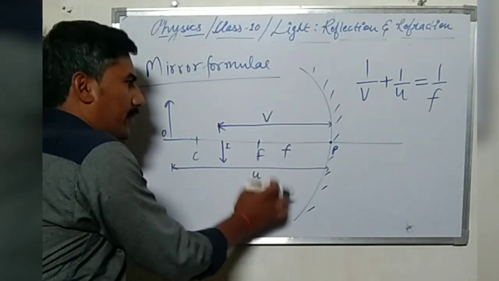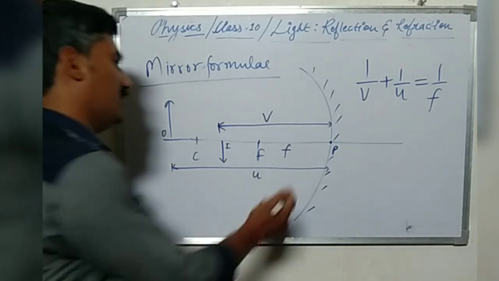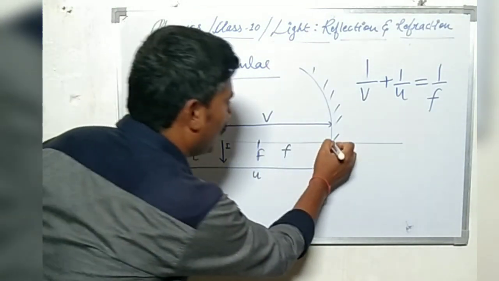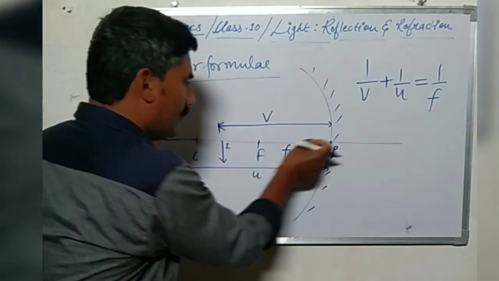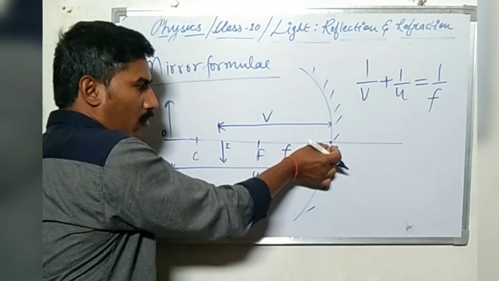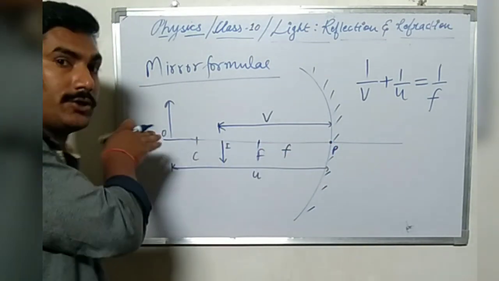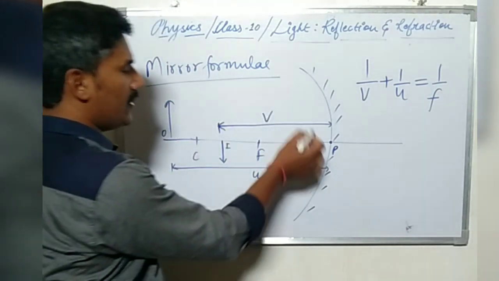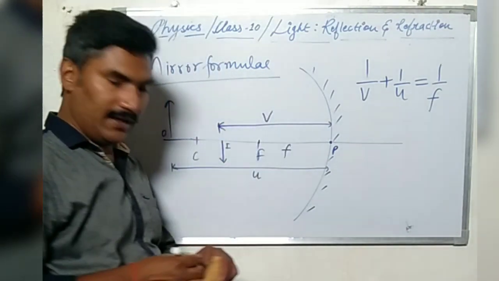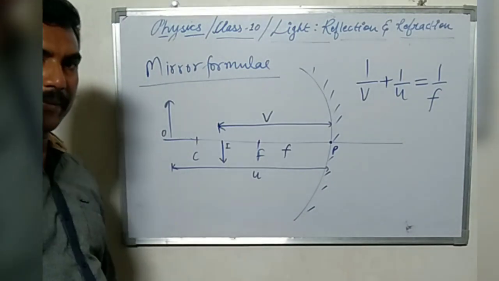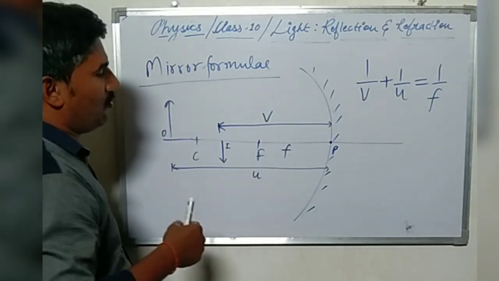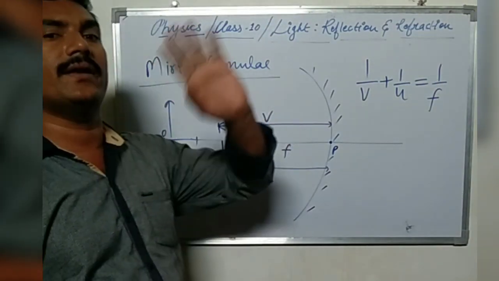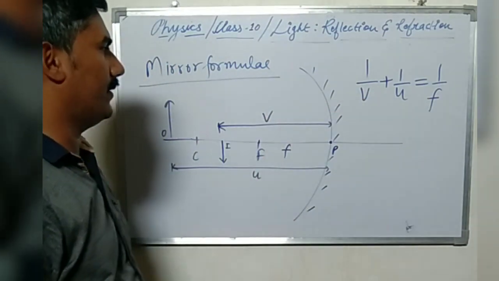In case of a concave mirror, you can easily judge that the focal length is always negative, because we measure the distance from the pole in the direction opposite to the direction of the incident ray of light. So PF is negative in this case. While reading a numerical, you should be clear in your mind that if the focal length is given and it is negative, the mirror is a concave mirror.